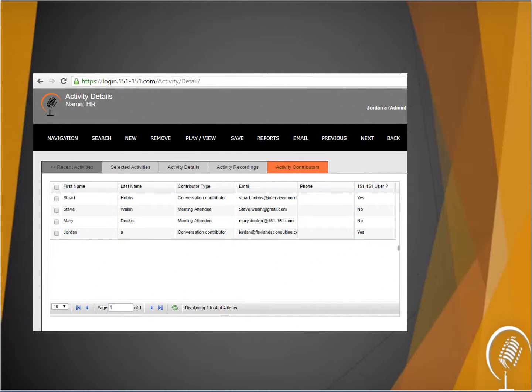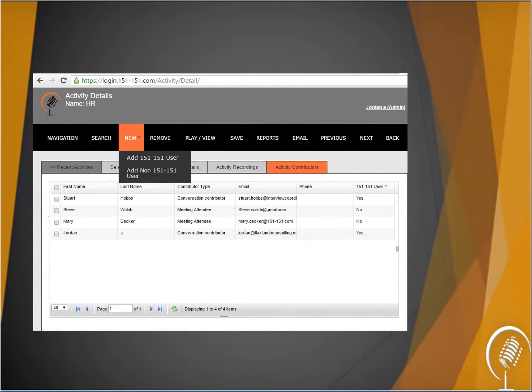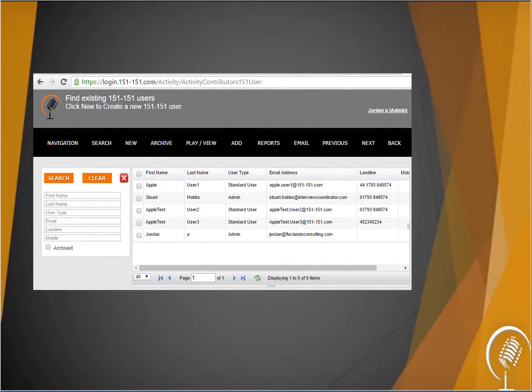The Contributors section displays a list of the people who have been linked or associated with the activity. There are 2 types of contributor. A 151 contributor is a person who has a user login for the 151 account. A non-151 contributor is a person who does not have access to your 151 account. To add a contributor to the activity, select the New menu option and choose to add a 151 or non-151 contributor. The program will display a list of existing contributors and also allow you to create new contributors before linking